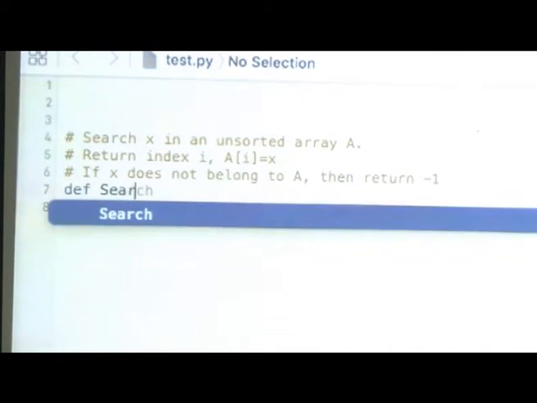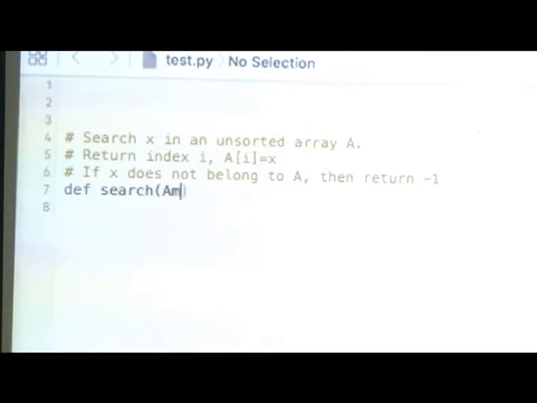So def, the name of the function. Now I will give it two arguments: array A and x, colon. Now I start with i equal to 0. It's a good idea to keep some blank lines, reading is easier. So a while loop: while a[i] not equal to x, colon, increment i. I is reserved for the loop variable, so it's a good choice. Now as soon as x comes, it comes out.